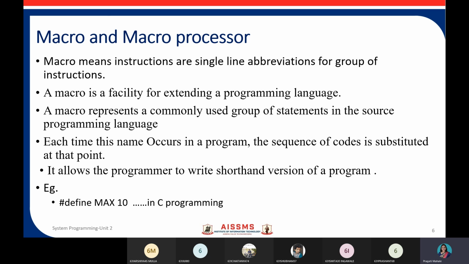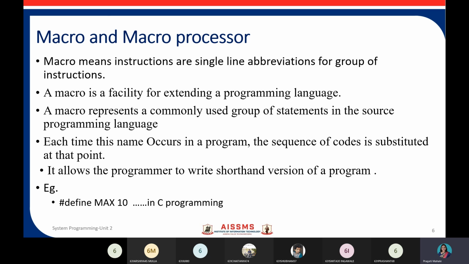Macros are used to provide a program generation facility through macro expansion. Many languages provide a built-in facility for writing macros. As I told you, high-level languages like C, C++, ADA, PL, along with assembly language, provide the facility of macro.